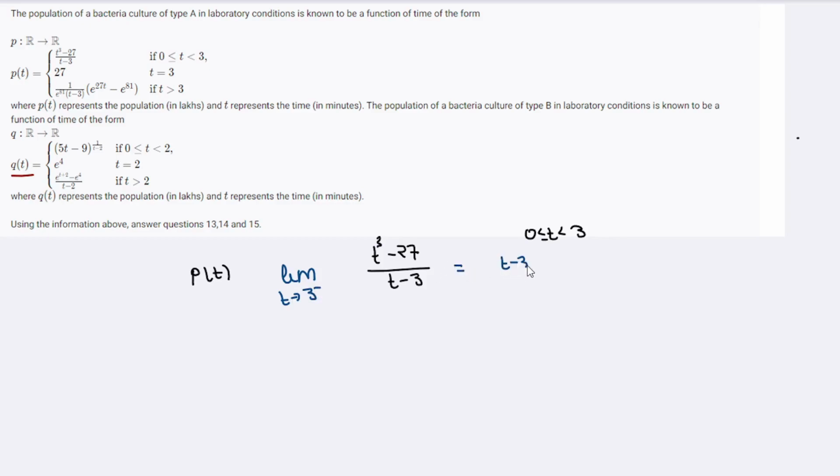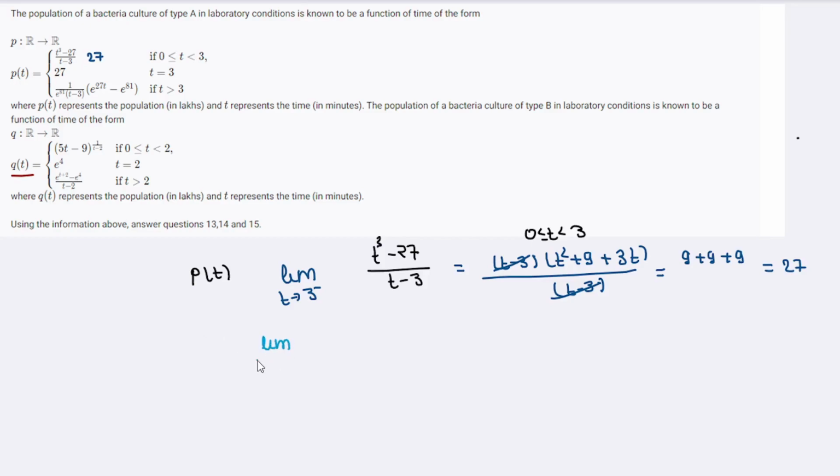So it is basically (t minus 3)(t squared plus 9 plus 3t) divided by t minus 3. So t minus 3 from both numerator and denominator will vanish, which will finally give 9 plus 9 plus 9, which is equal to 27. So it gives 27 at t equal to 3, and